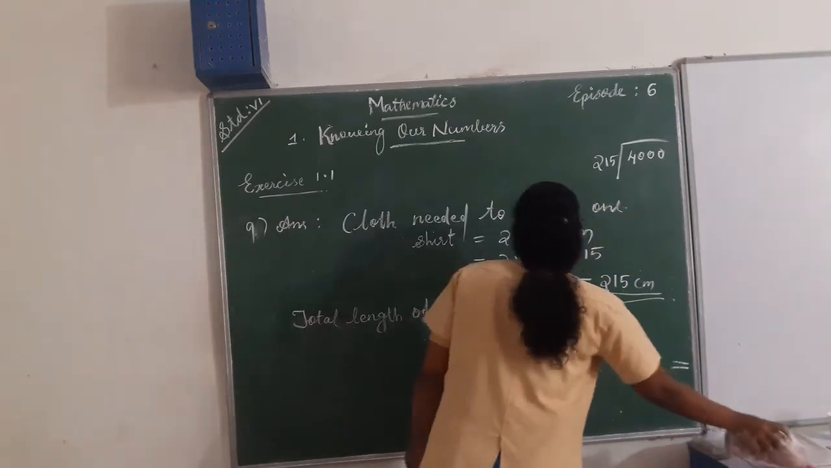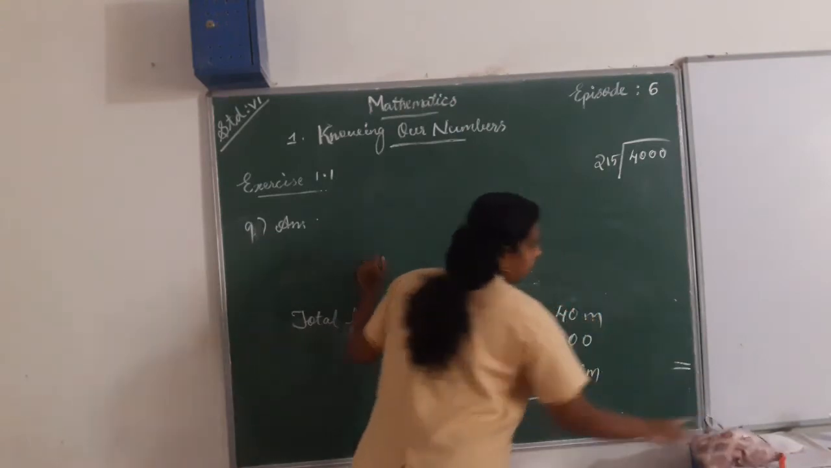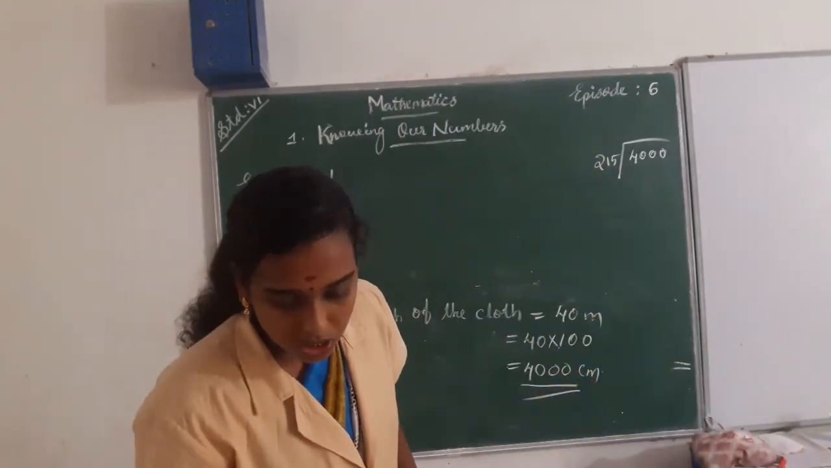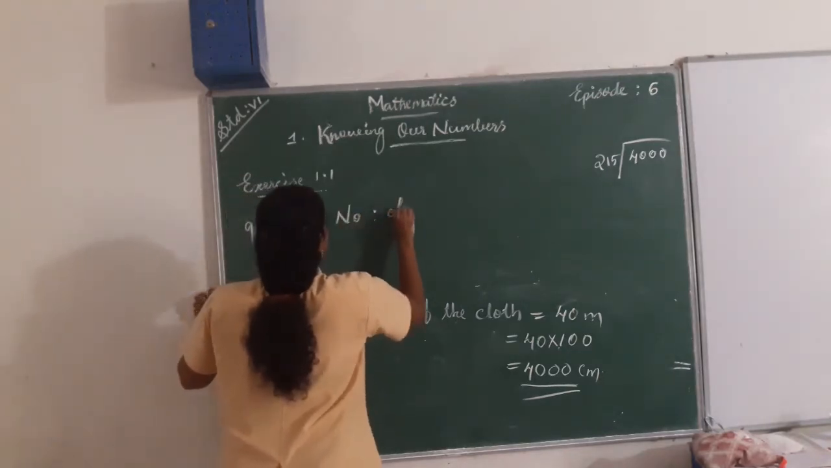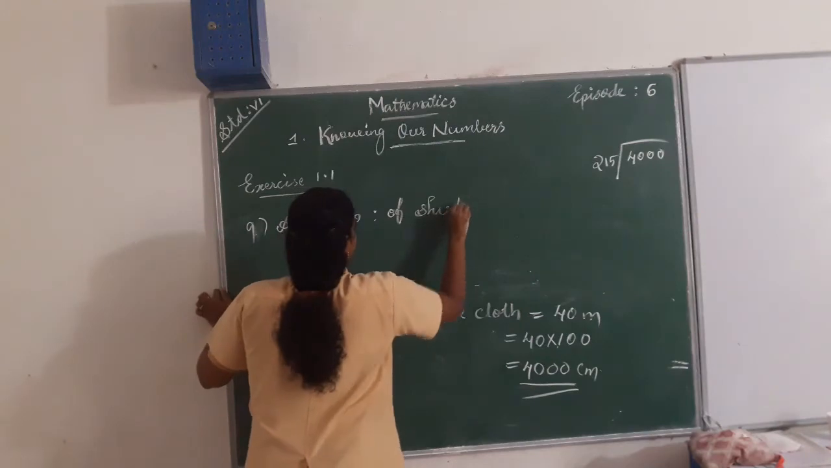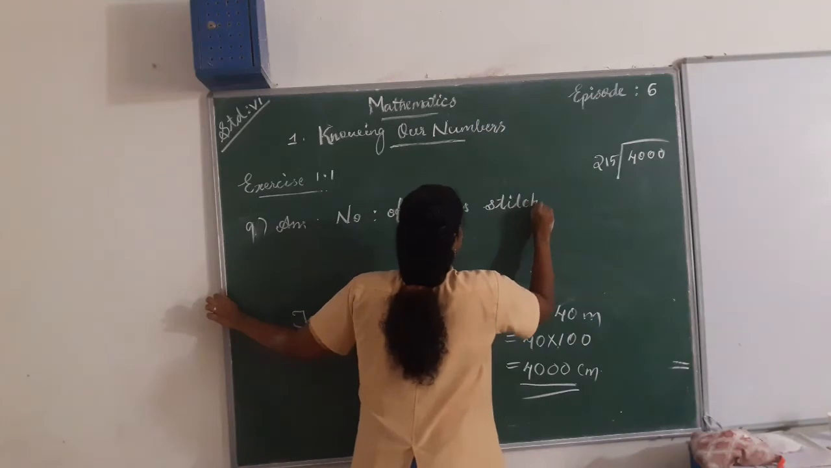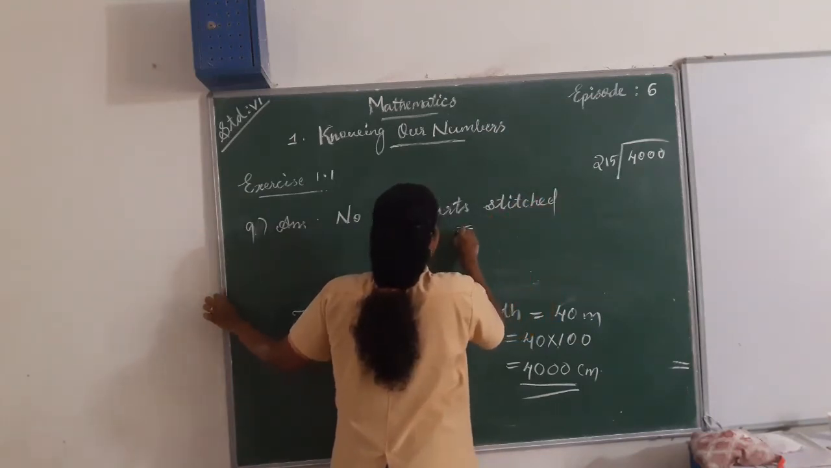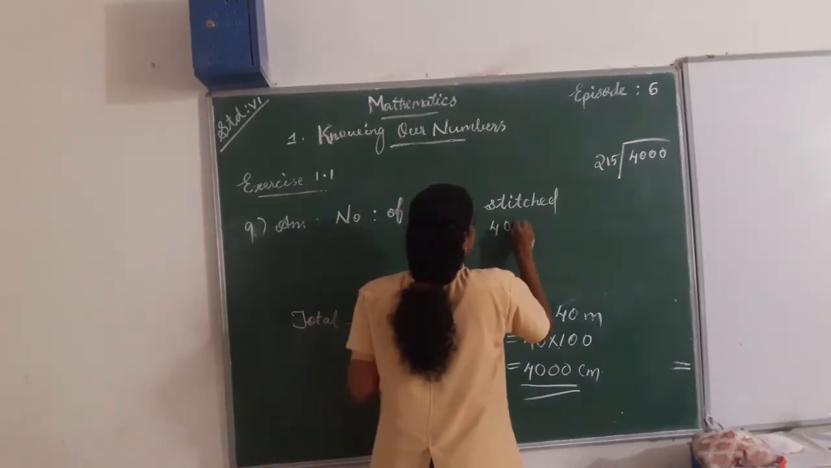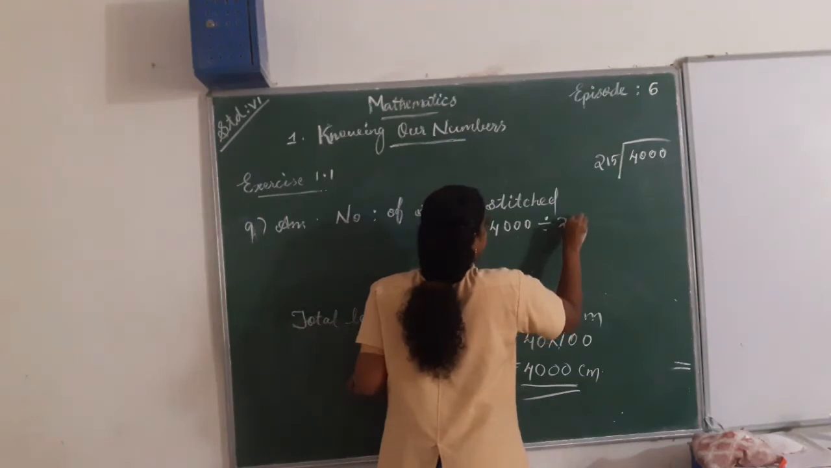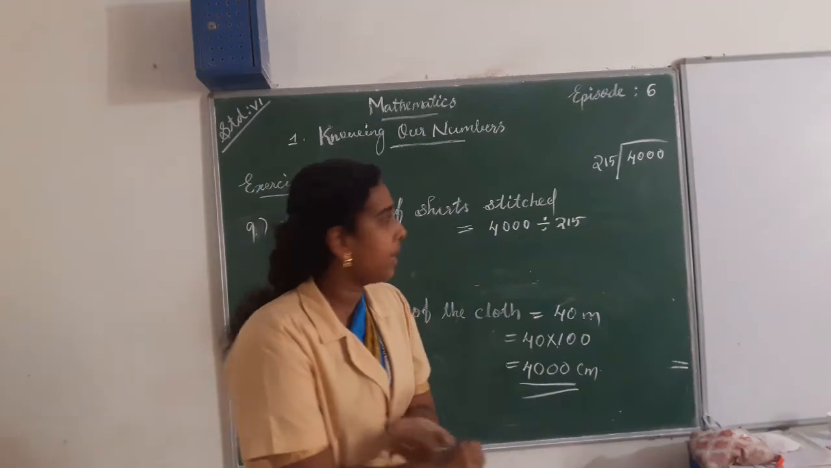And our next step is number of shirts stitched. Number of shirts stitched is equal to, for finding the number of shirts stitched using 4000 centimeter, we divide 4000 by 215. Okay. For dividing 4000 by 215, we get